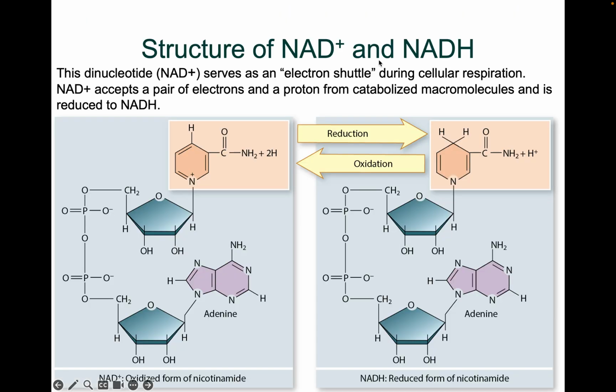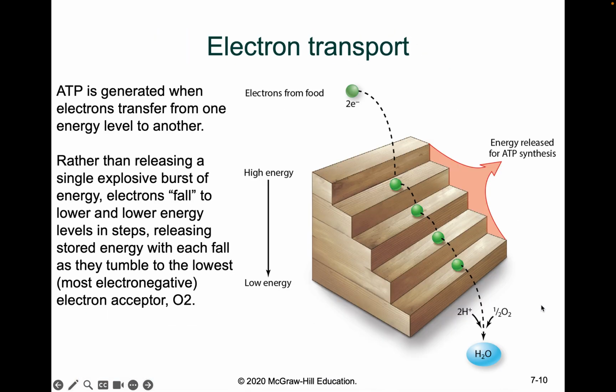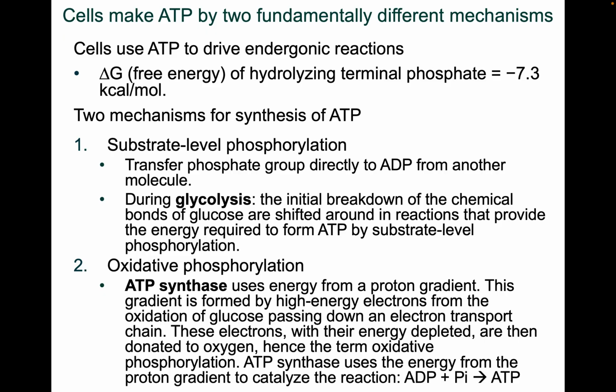So this whole thing of breaking this energy-rich molecule is that the energy released here is going to help us drive ATP production. But also the NADH, when it accepts electrons and it's passing the electrons through, its main goal is also later on to create ATP. So ATP can be created two ways.